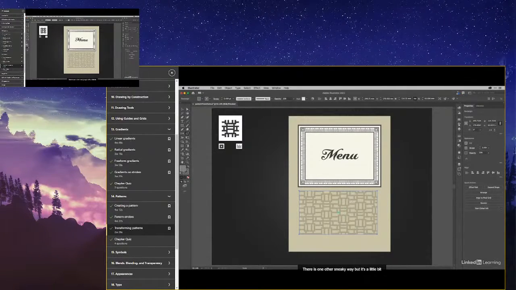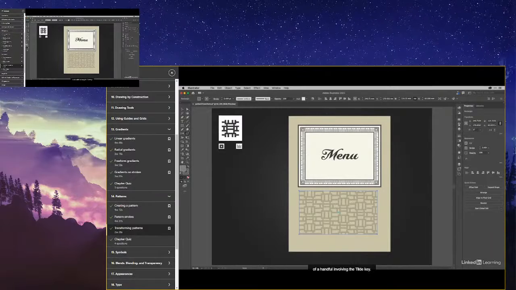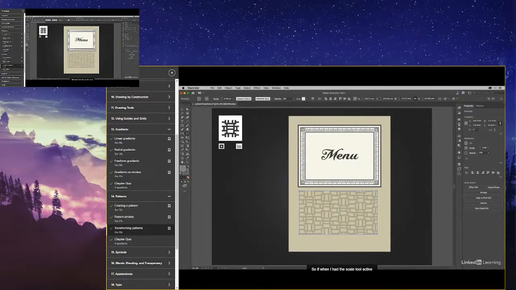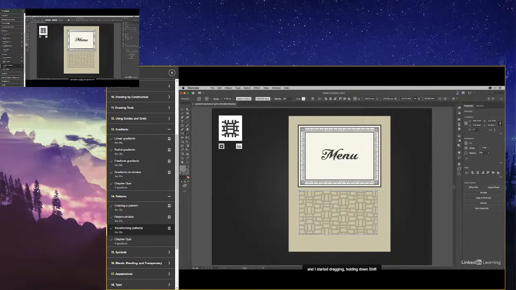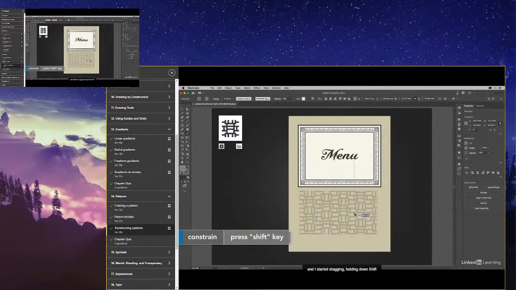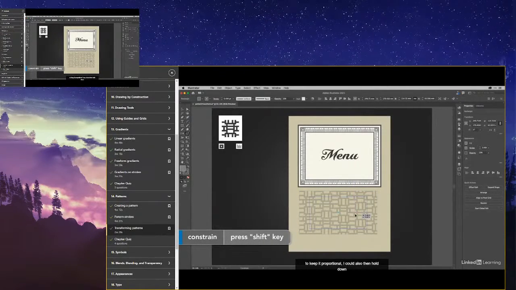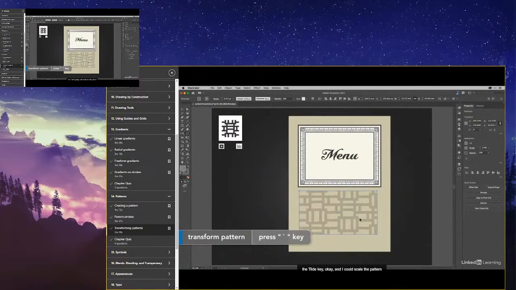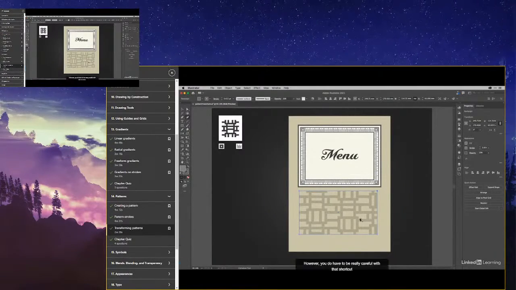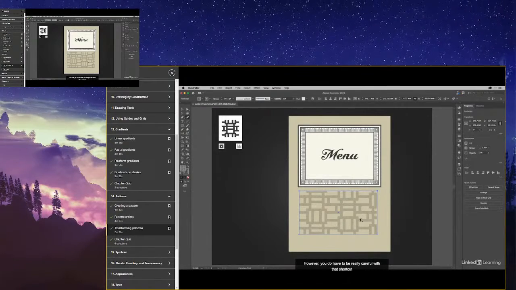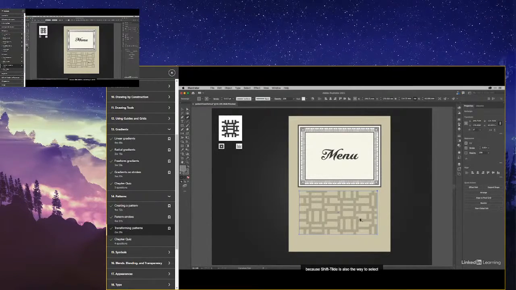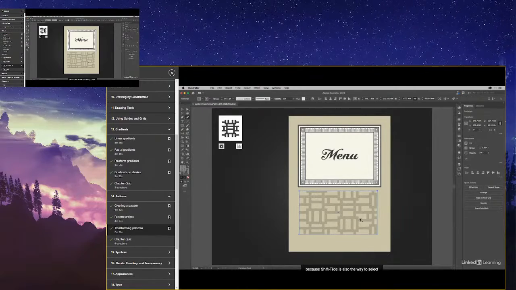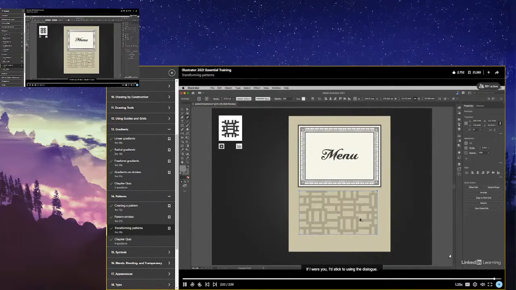There is one other sneaky way, but it's a little bit of a handful involving the tilde key. So if while I had the scale tool active I started dragging, holding down shift to keep it proportional, I could also then hold down the tilde key, and I could scale the pattern at the same time. However, you do have to be really careful with that shortcut because shift tilde is also the way to select the curvature pen tool. If I were you, I'd